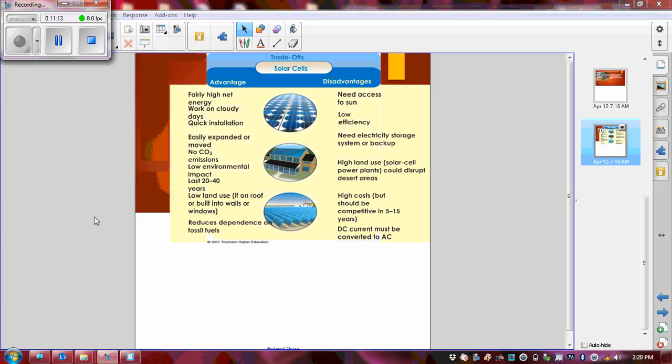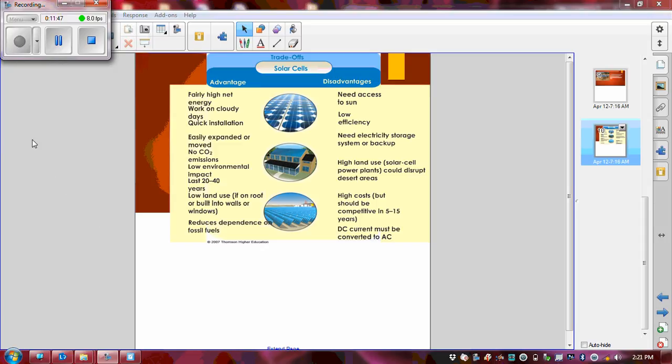So when we look at our solar cells, they have a lot of the same advantages as our solar panels did. Solar cells being ones that we're looking at just being able to put on rooftops and in solar panels and things like that. Once again, we have lower land use and lower environmental impact. As we're using them, there's no emissions. You can expand them, they're easy to construct. It's reducing the dependence on fossil fuels to produce energy. But then we have